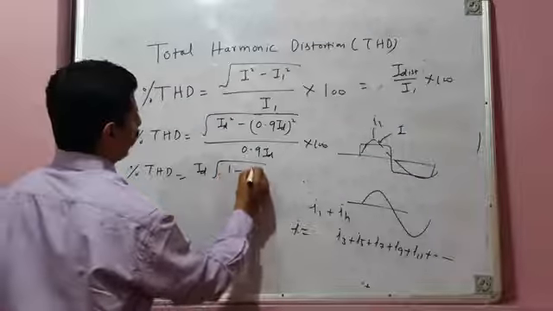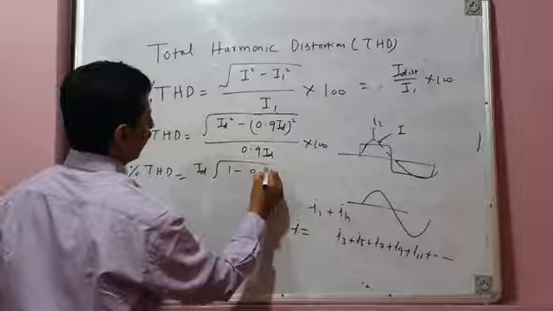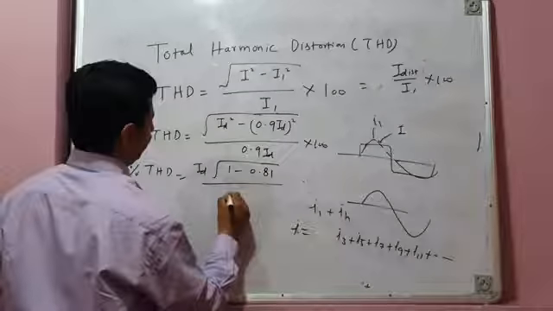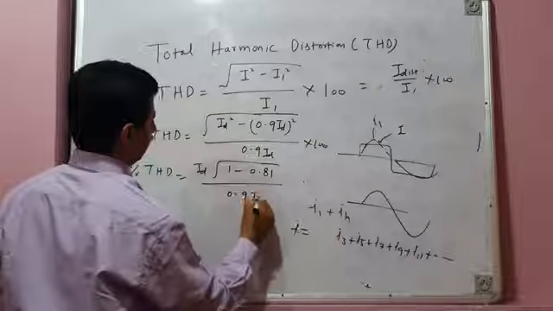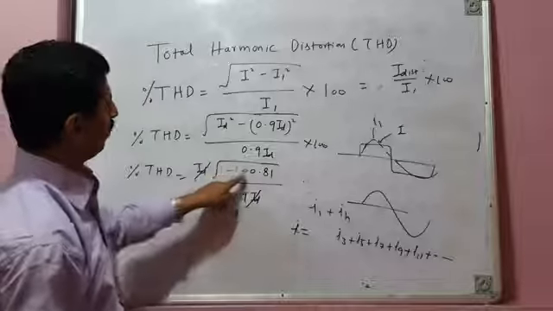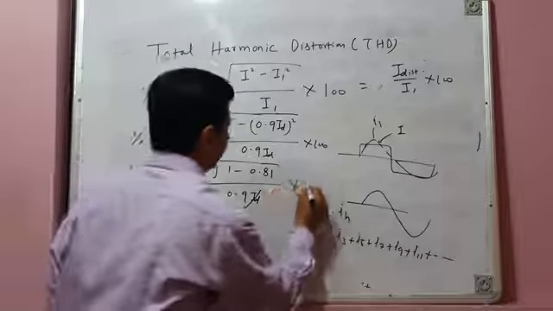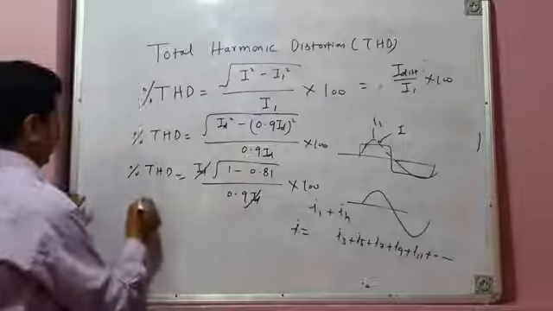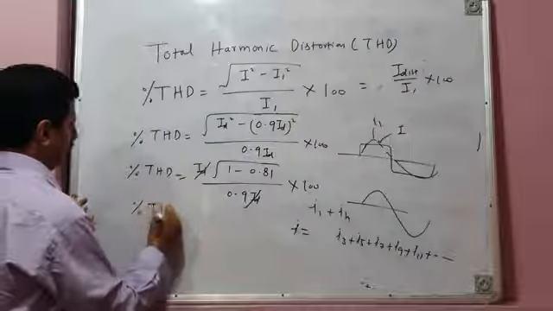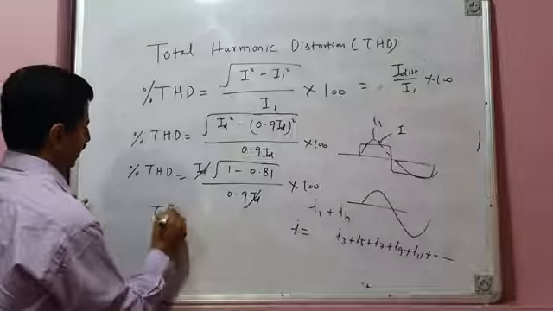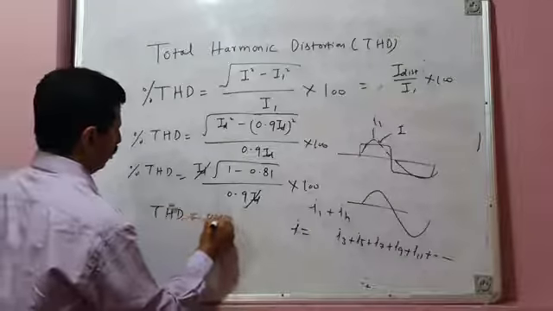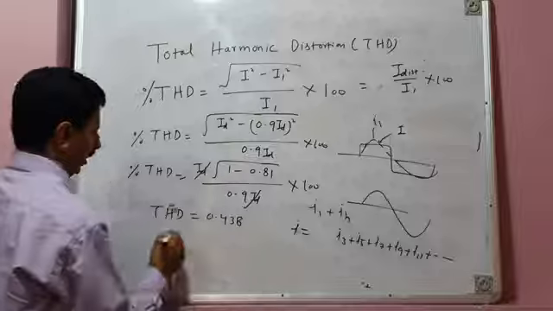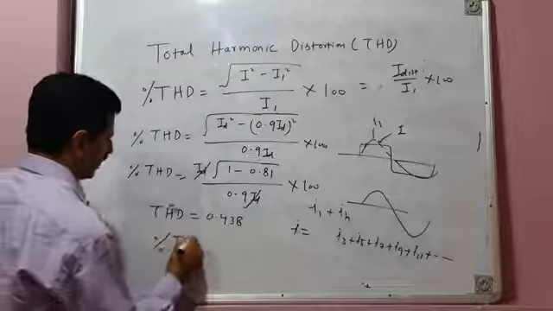Under root of 1 minus 0.81, divided by 0.9. It will give you THD equal to 0.438. And this means percentage THD is